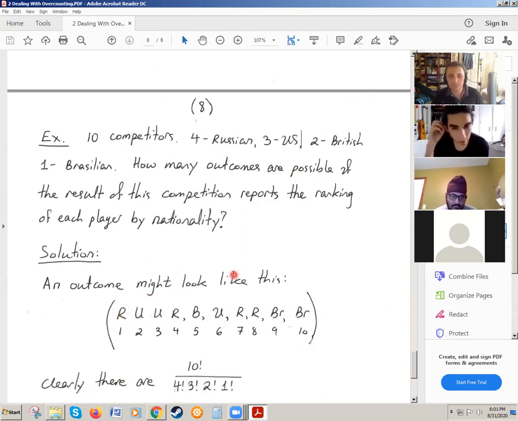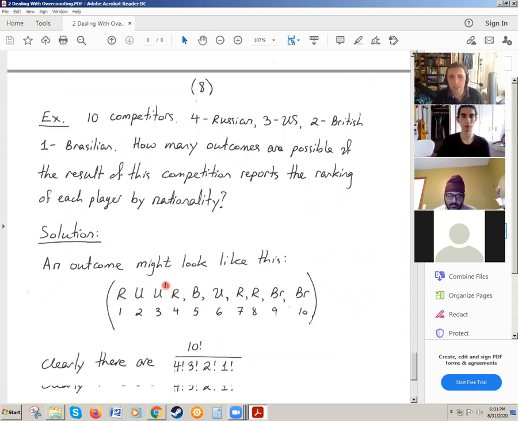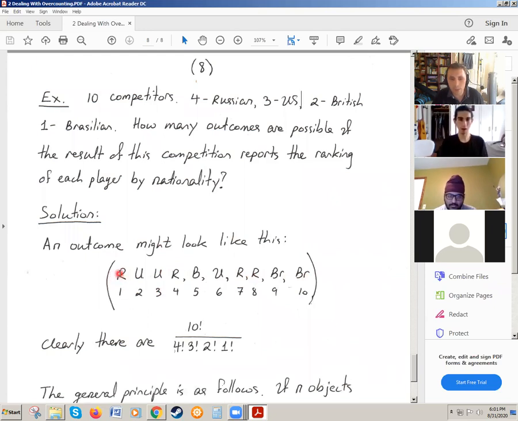Okay, so you see that's also the way the outcomes are listed. So we can imagine that we list all the individuals separately. There are 10 individuals, so there are 10 factorial possibilities of listing them as individuals. But we have redundancies. We have 4 factorial redundancies for Russian, 3 factorial for US, 2 factorial for Britain, and